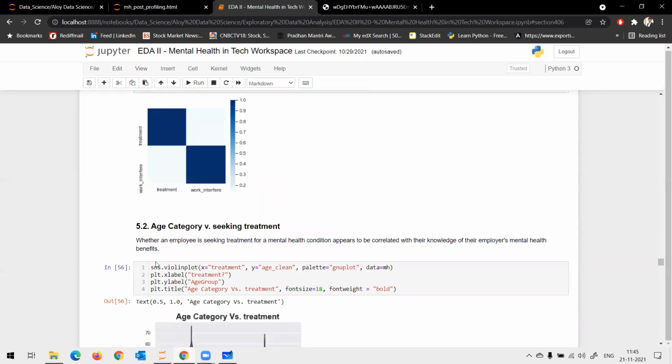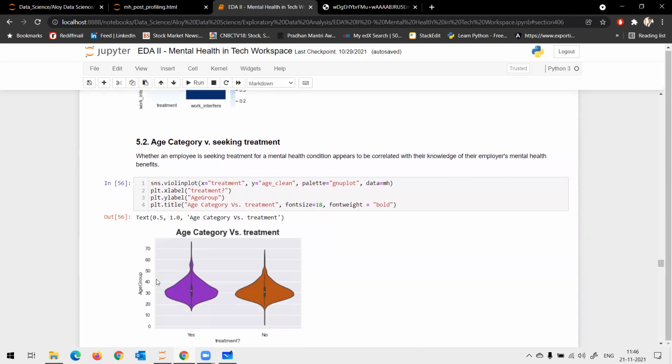Okay. Moving on to age category and seeking treatment. So first we did gender, then we did work interference. Now we are comparing age category versus seeking treatment. I draw a violin plot to understand if people in the higher age group tend to seek treatment more than younger people.